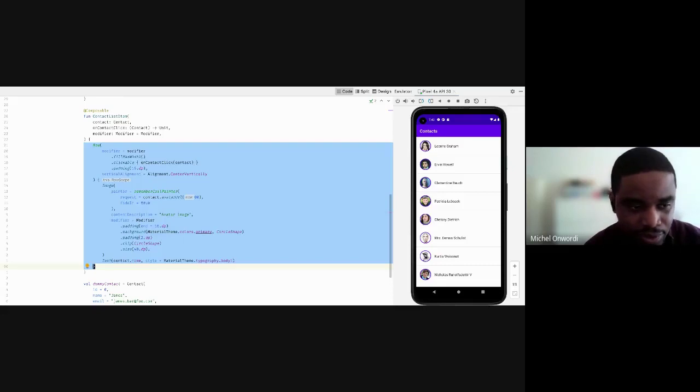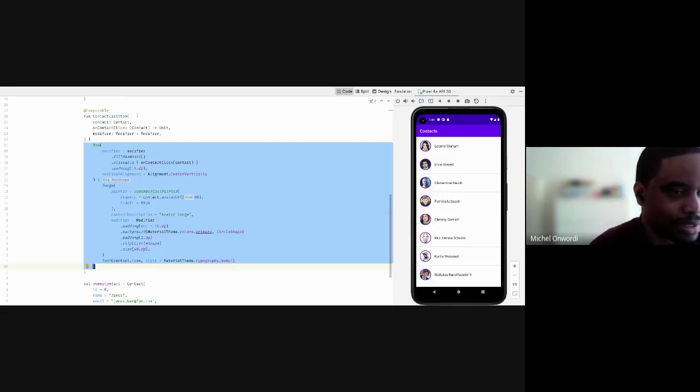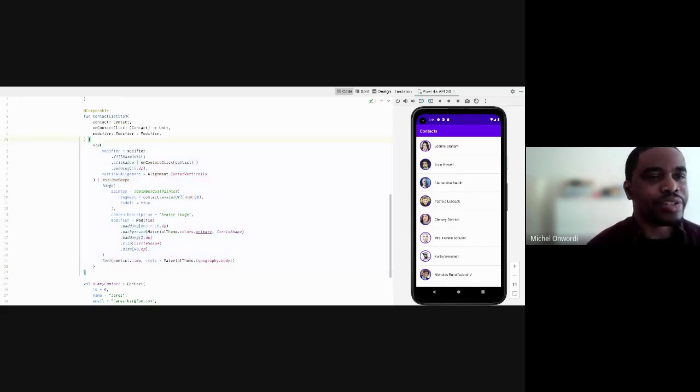So here in this ContactListItem, we have a composable called Row. So within Jetpack Compose, you have layout composables that are